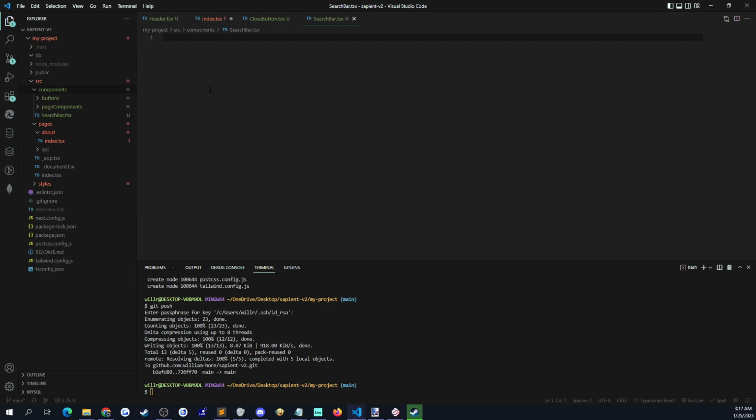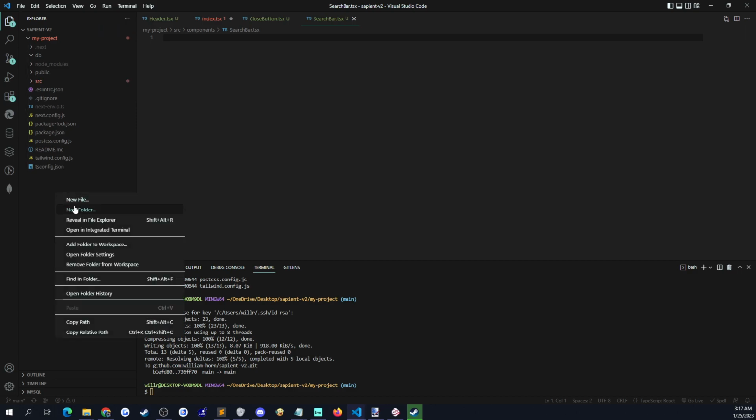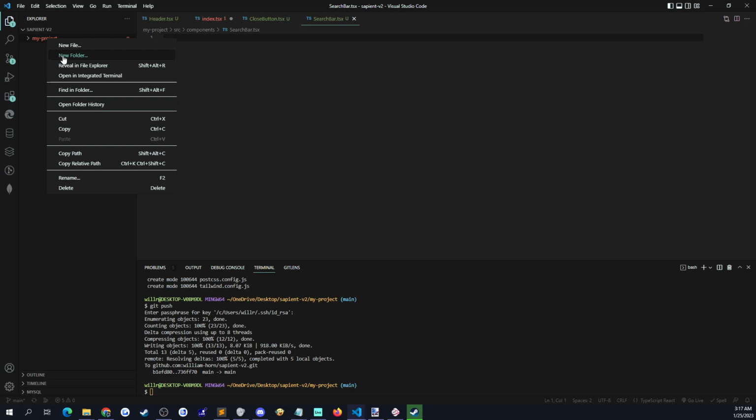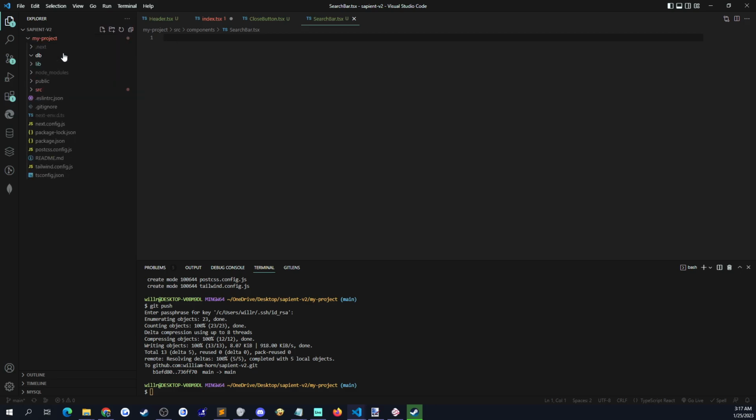So the next thing in terms of file structure that I think would be a good idea is to make a lib folder. So just being short for library, just having a folder inside of our global directory, which is basically just responsible for holding helper functions, middleware functions, any kind of custom code that we want to write specifically for our project, we would just throw inside of the